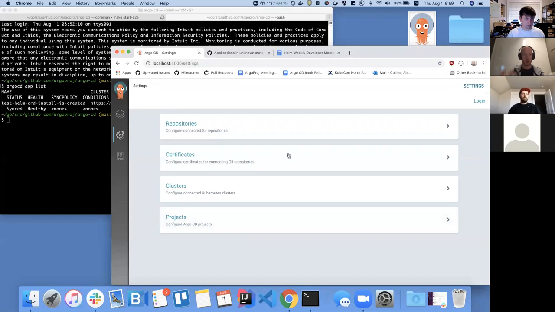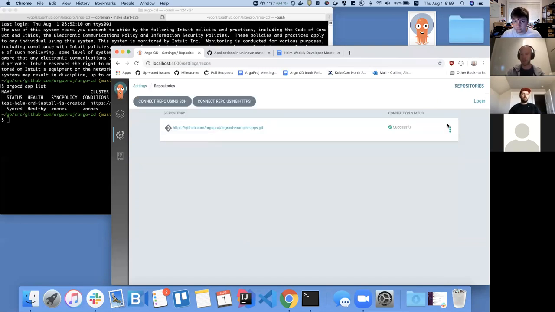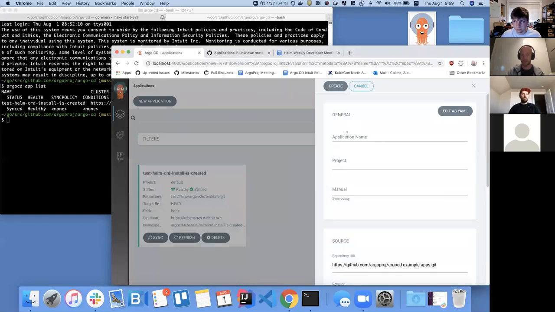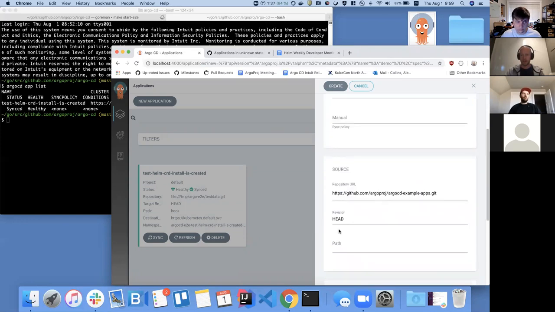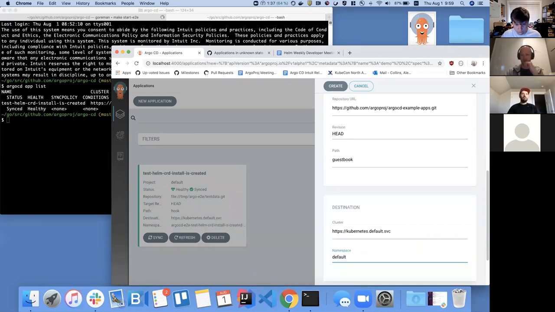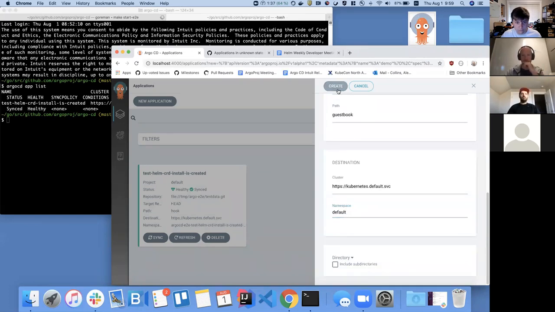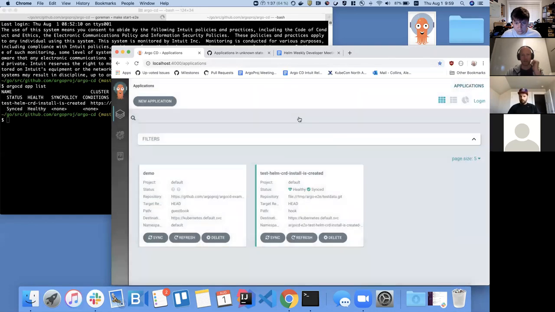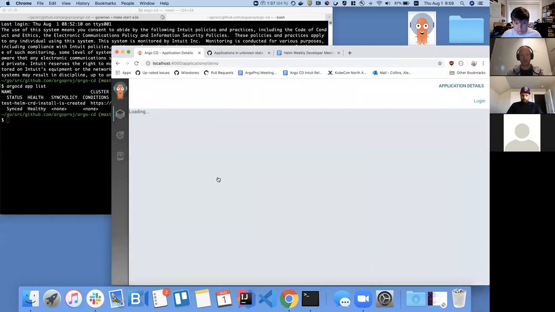And what you do is you go in here, you configure your repository to include your repository and any clusters, and it manages multi-cluster as well, so you can have one or many clusters. And then you would just go into your repository and say, create an application, give it a name, give it a project, which is basically a team, and I'll just use the guestbook one. Choose your cluster, choose a namespace, and if the demo gods are with me, the application will just appear in the user interface.